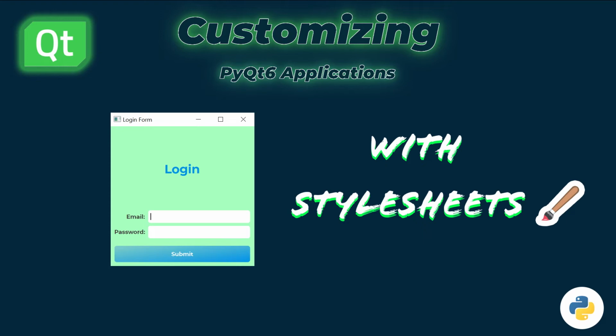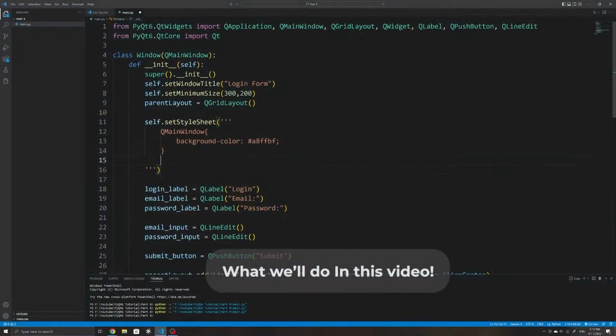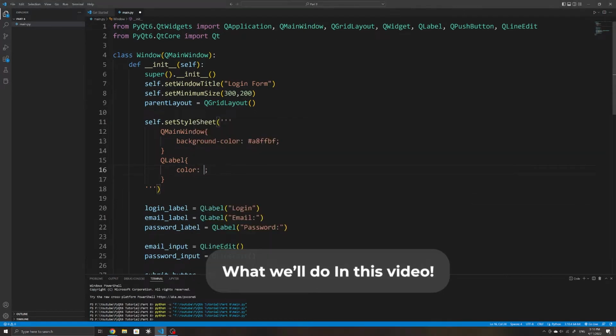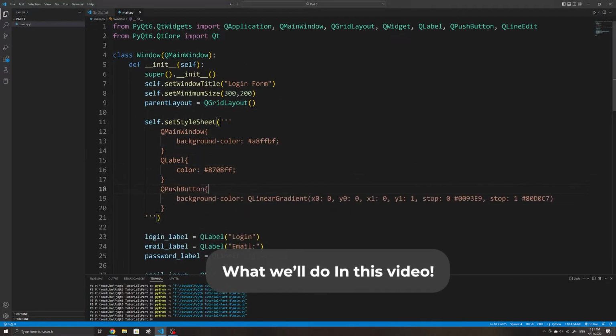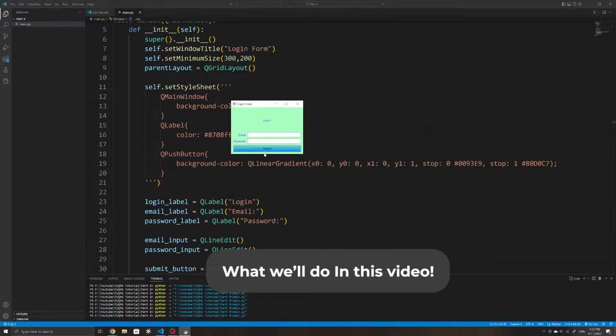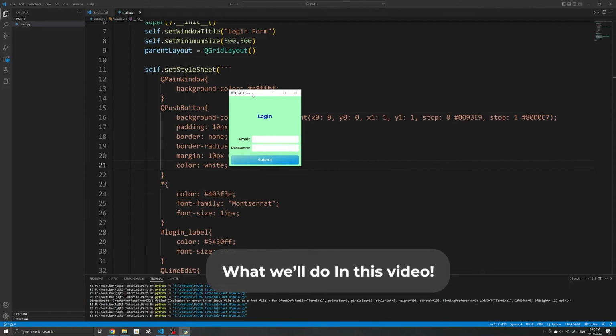Alright, welcome back. In this video, I'll go over how to customize your widgets using StyleSheets. We will go over how to change colors. This includes changing the background color, the text color, as well as adding gradients, adding some spacing, padding, and margin, as well as modifying the text, such as the font family, as well as the font size, and much